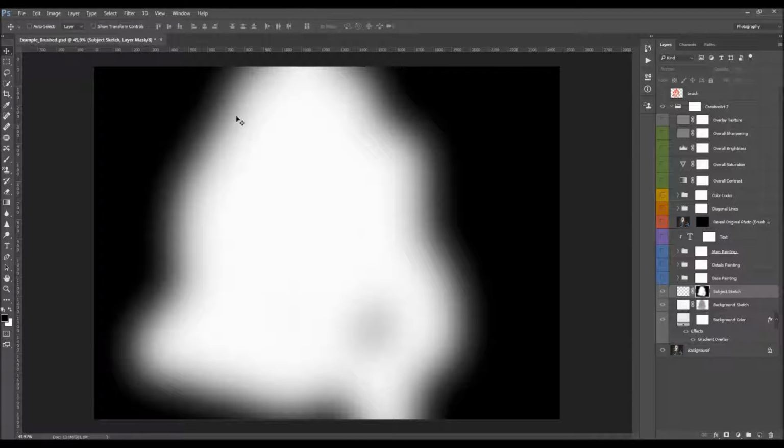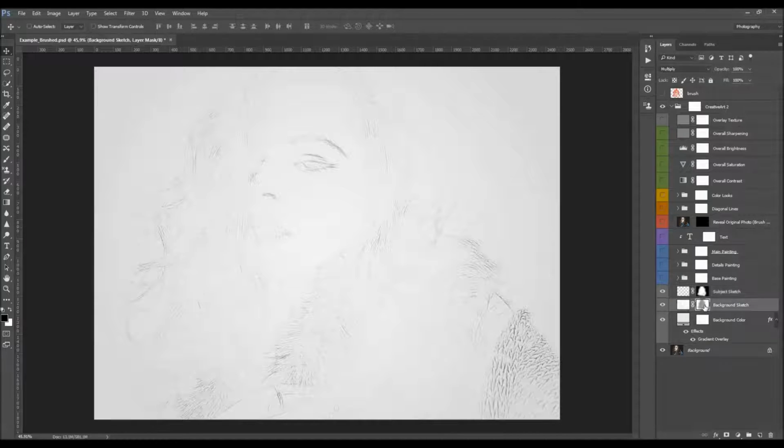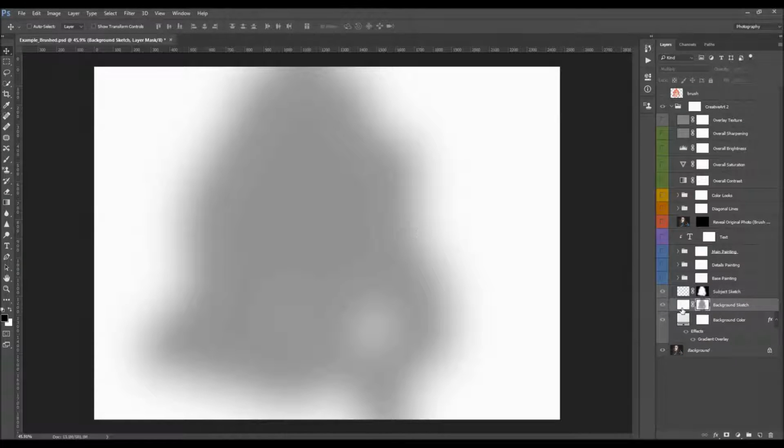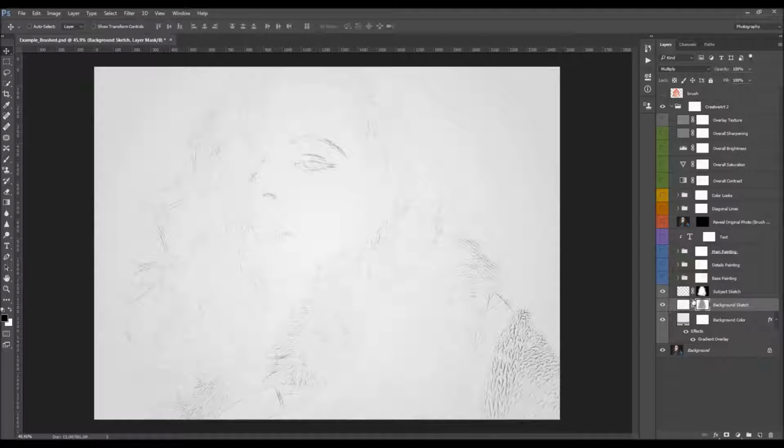So if you just press Alt or Option on this layer mask, you can exactly see which areas this layer is visible, right? Wherever you have white color, this layer is visible, right? It is the same with this one here, right? So this one is actually just having inverted color layer mask, right? So this one is not visible